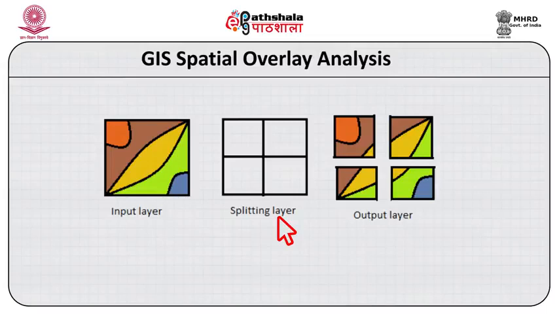So if we overlay this second layer over the first layer, you will notice we will get 4 intersection points, and the output layer can be split into 4 different polygons or the raster inputs. So from one input layer we can actually get 4 layers based on the polygons in the splitting layer. That is what the splitting operation does. Again, the attributes are maintained only for the input layer. None of the attributes of the splitting layer are incorporated in the output layer.